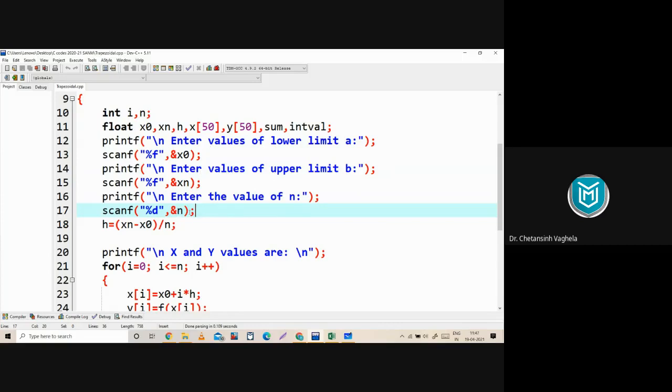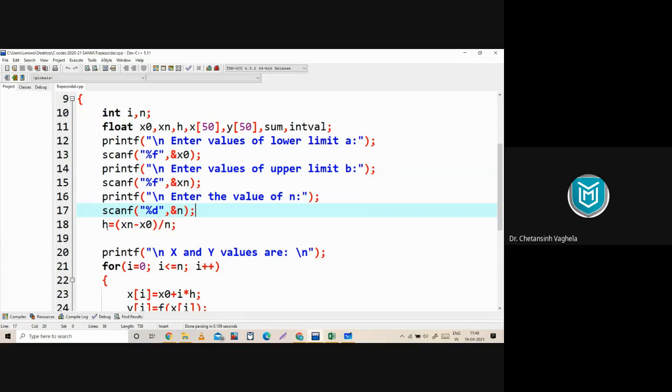And from these three values we can calculate the value of h, because what is the formula of h? h is equal to b minus a upon n. But the values of a and b are saved in x0 and xn. So because of this, the formula of h will be xn minus x0 divided by n. So now we got the value of h from this formula.